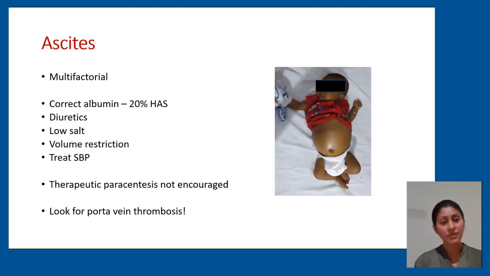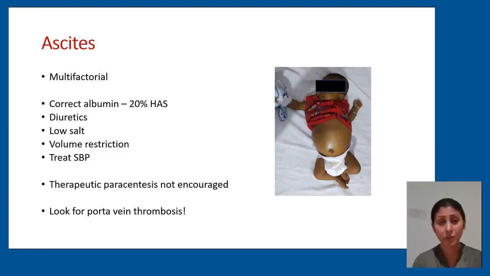The next complication or association is ascites. Ascites in a child with chronic liver cell disease is multifactorial. It could be due to low albumin as well as contributed by high portal pressures. And to complicate matters, the child might have secondary portal vein thrombosis on top of cirrhosis as well. In children, the main modality of management of ascites would be albumin transfusions and diuretics. You might see therapeutic paracentesis in adult practice a lot, but in children, the mechanisms are different